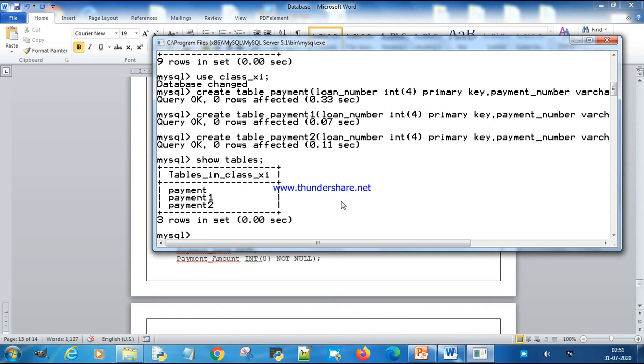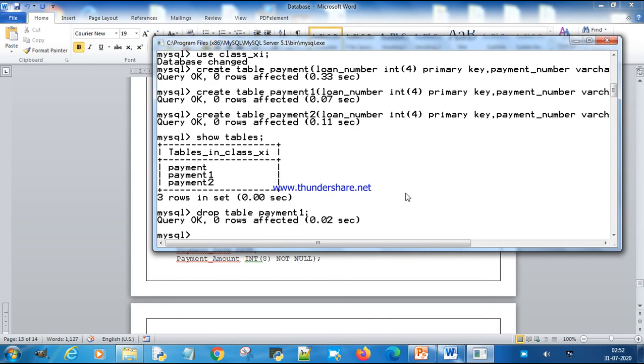Now if I want to delete payment1, as per the syntax, my syntax is drop table payment1.